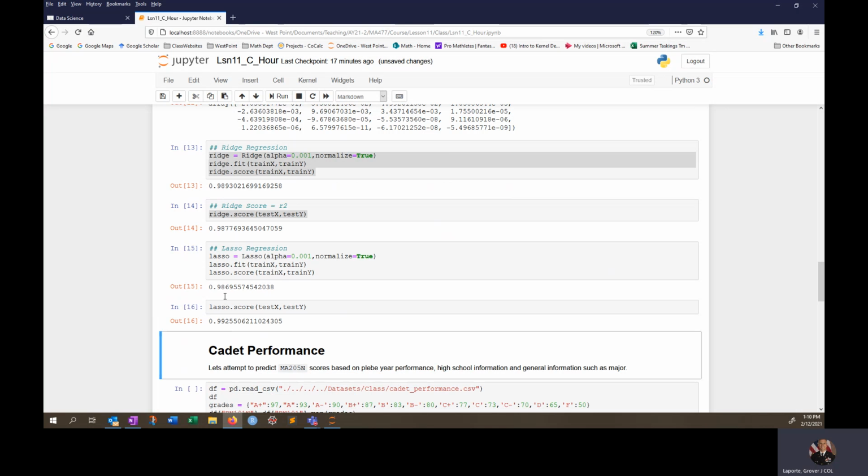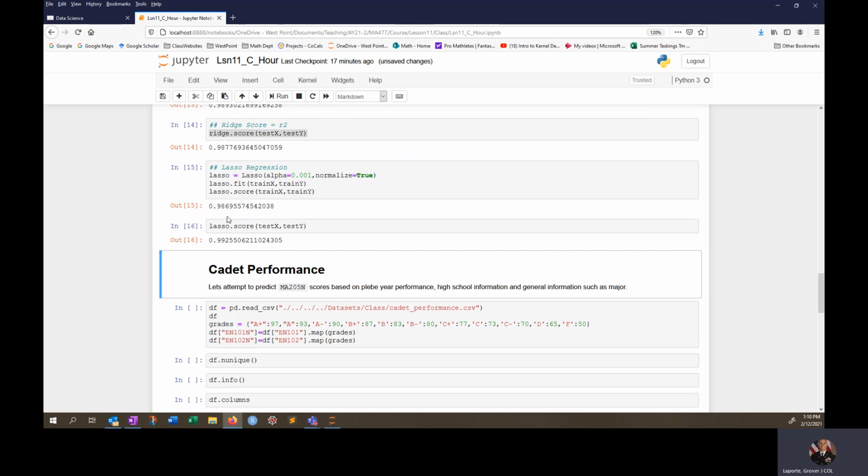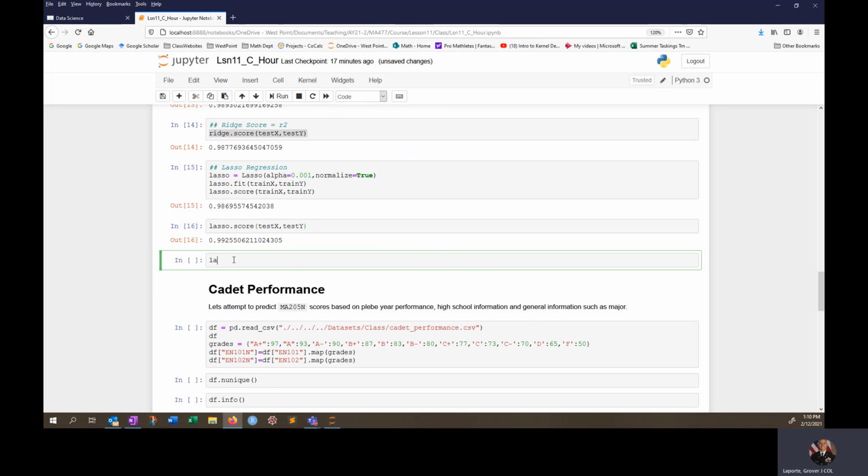Ooh, it did really well, right? It did almost as good as the R squared on the actual data here. So R squared actually went up when you went from the train to the test. And the neat thing about Lasso, and I don't know if I pointed this out,